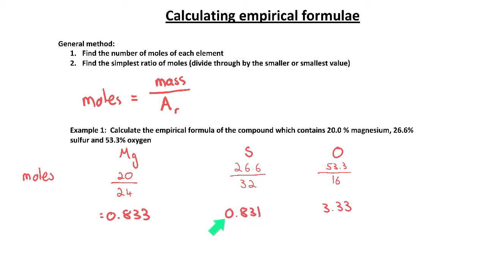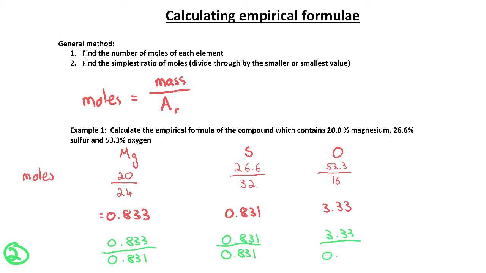The smallest value that I have here is 0.831. So I'm going to take each of these numbers and I'm going to divide them by 0.831. So my second step: 0.833 divided by 0.831, 0.831 divided by 0.831, and lastly for my oxygen, 3.33 divided by 0.831. Dividing each of them by that smallest number